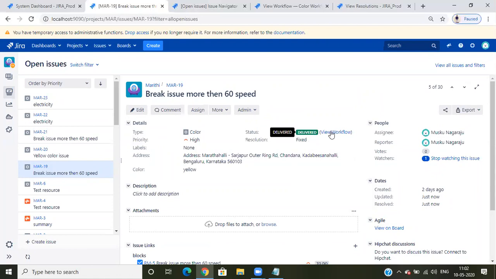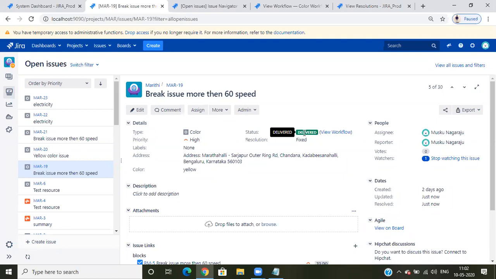So every status is delivered, but in the delivered, suppose I've delivered 10 cars. In the 10 cars, how many cars did I fix? How many cars I won't fix? How many I can't proceed with? How many I delivered? Suppose I've rejected that car, suppose that is an old car. I rejected that. I need to know category-wise. Okay, the end state, delivery, is the same, but with a reason.